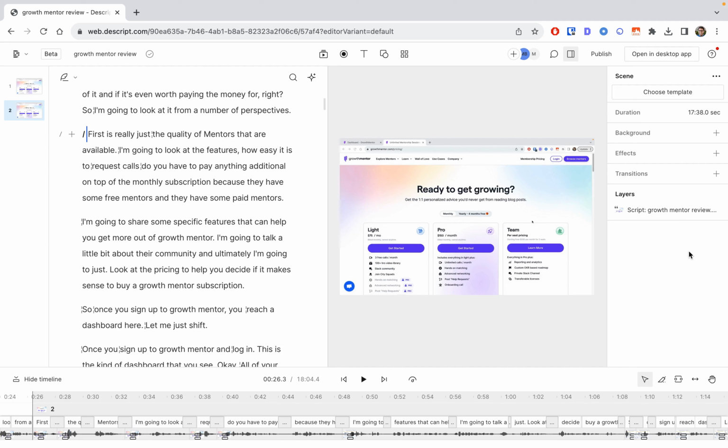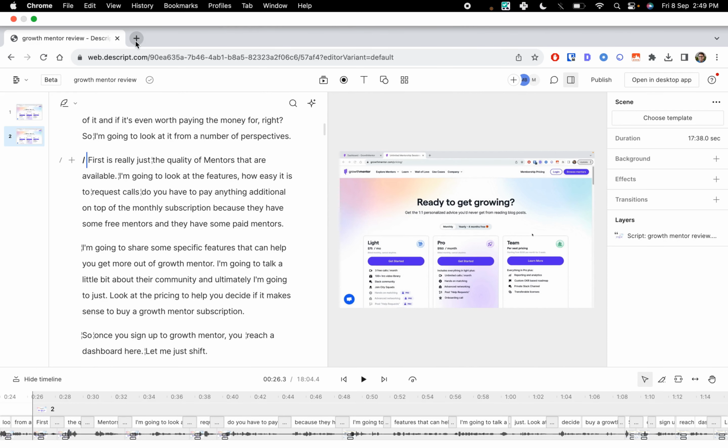Descript is meant for a use case where you want to edit your videos and audios, while Otter is for summarizing your audio. Otter does not support video. Descript is majorly meant for video and also supports audio. So very different offerings. Now, it'll also be good to just compare them real quick on the pricing.